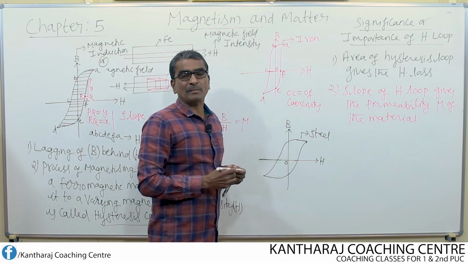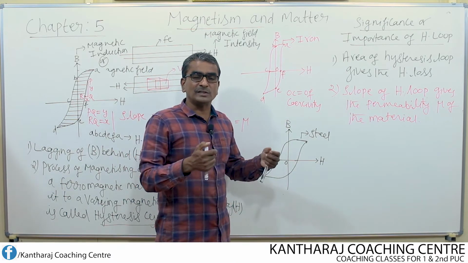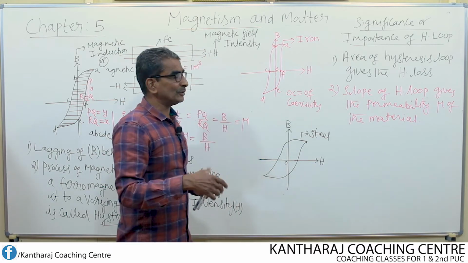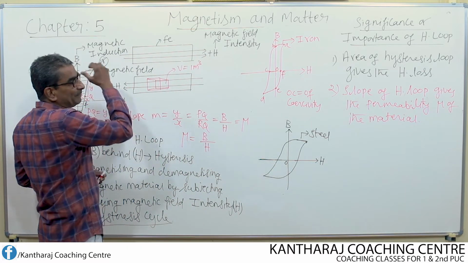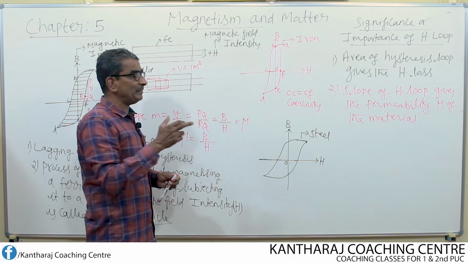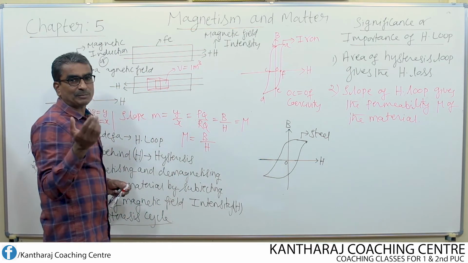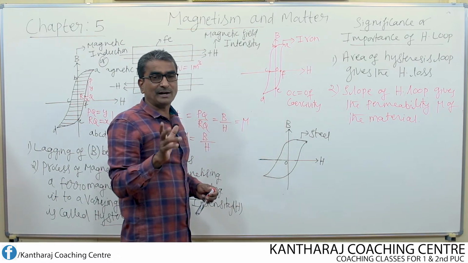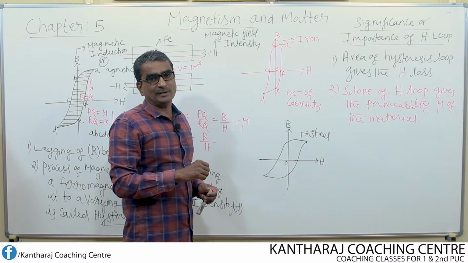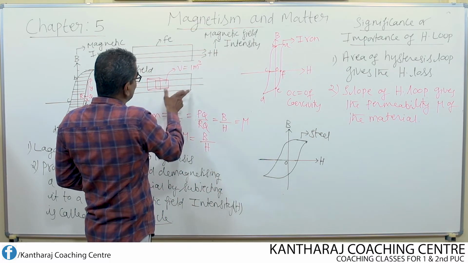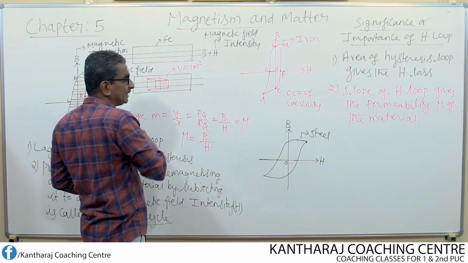Coercivity means it is the property of the material to lose its magnetization. That means it is the property of the material to lose its magnetic field B completely, to 0. Losing means B becoming equal to 0. So that property of the material is nothing but coercivity, but for that we apply a negative field. So if the specimen is magnetized in the positive field, it is demagnetized by making use of a negative field.